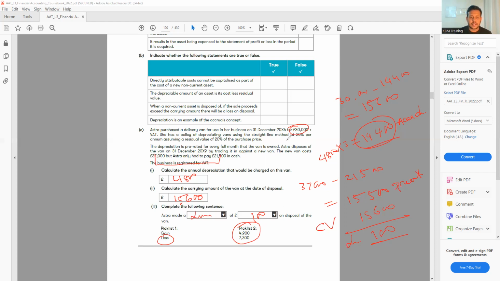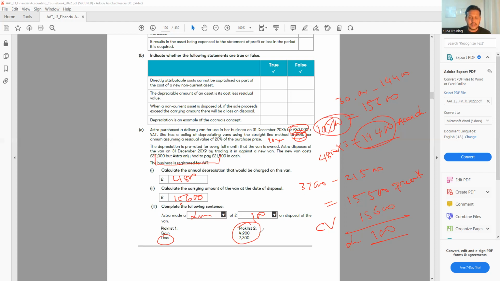The reason it is wrong: they put the depreciation straight line at 20%, but when you look at the answer, they used 10 years. But in the question, they didn't say anything about 10 years of useful life. It says straight line 20% per year, full month. They didn't say anything about 10 years, but by mistake the answer uses 10 years, not 20%. So we can ignore that.